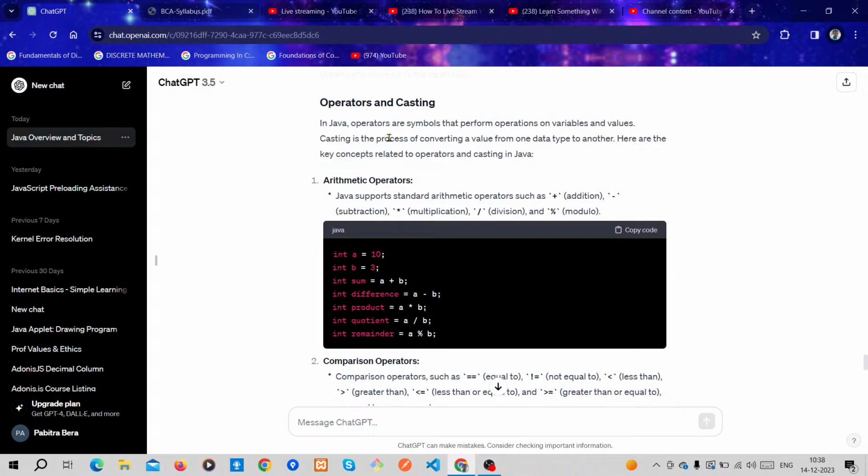First of all, in Java, operators are symbols that perform operations on variables and values. If you have some variables and values, then operators can perform their task on those variables or values.